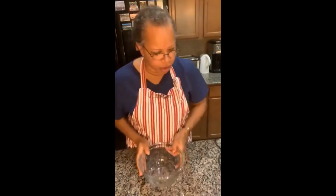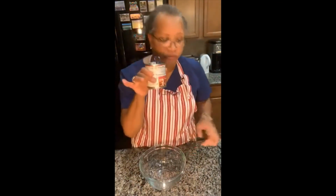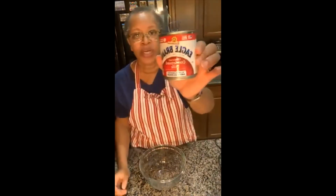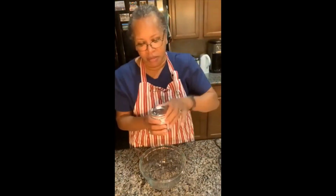Now, this part. Oh, I'm so sorry. I forgot, for the cheesecake, we need the Eagle brand milk. Now, I like using sweetened condensed milk. You can buy the Eagle brand kind. I grew up on this particular kind. They have so many different varieties of sweetened condensed milk out there now. But this is,